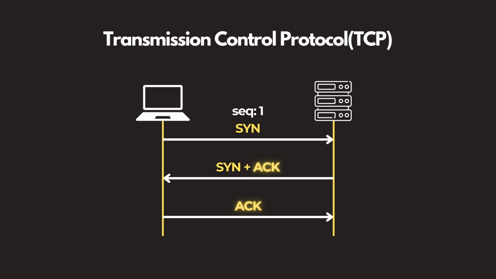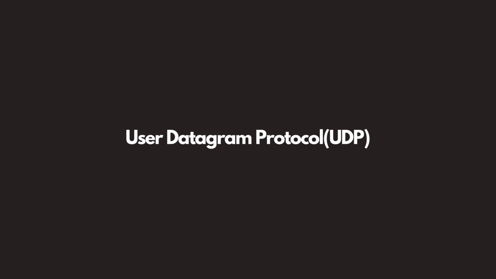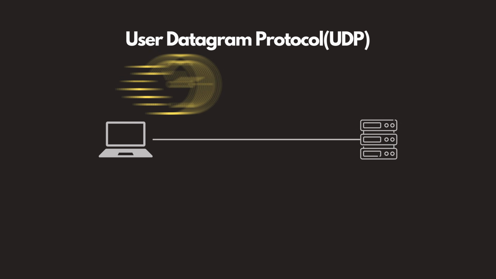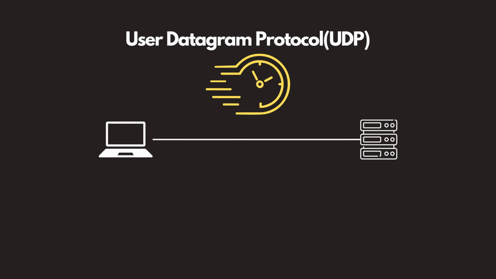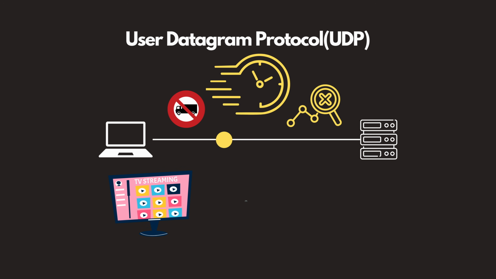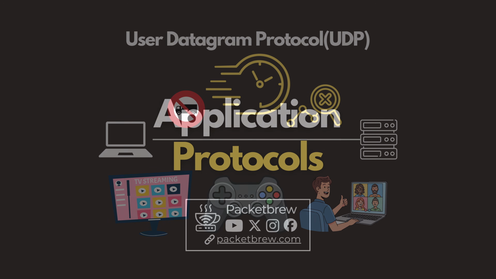If the sender does not hear back before the retransmission timeout, it resends the data. It also has flow control mechanisms to avoid congestion. UDP, or User Datagram Protocol, on the other hand, is a transport protocol for latency-sensitive applications. UDP does not guarantee delivery of data and does not have error correction because it prioritizes speed over reliability. It's commonly used for streaming, gaming, and video conferencing.